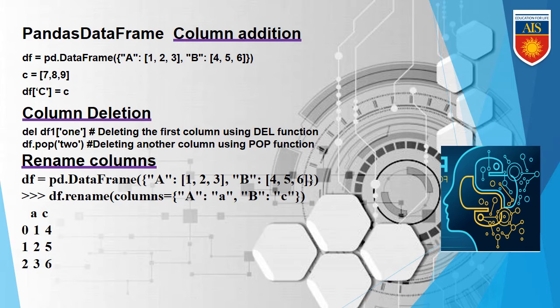Rename a column. If you want to rename a column, df equal pd.DataFrame. Then we need to mention the field and its information. Then we need to write the command like df.rename, column A. Previously the column name was capital A, uppercase. Now we need to rename it to lowercase a. So after providing the current column name, we need to mention the new column name, as we have given uppercase and lowercase, that we need to write together.